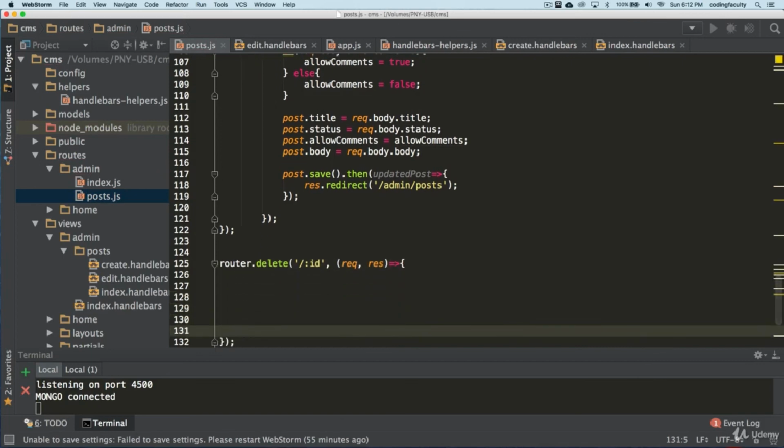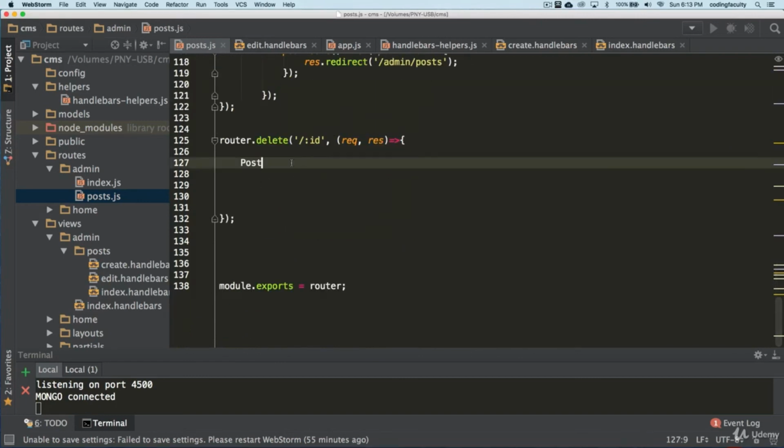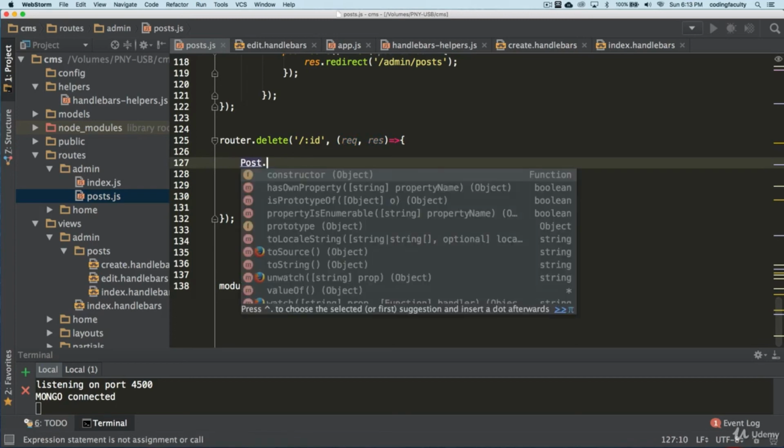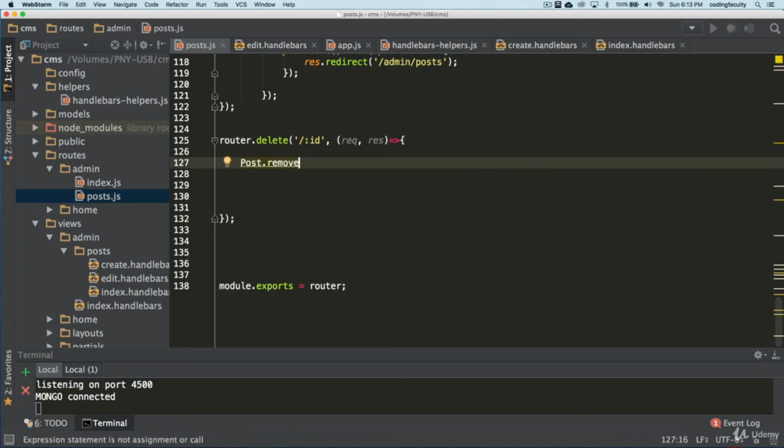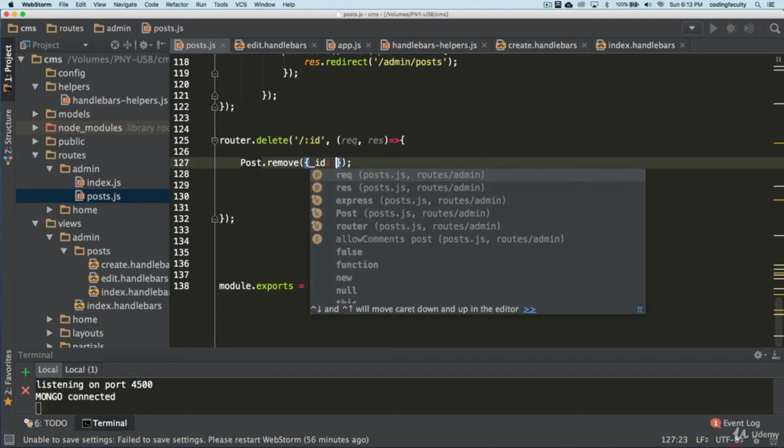Now I want you to think a little bit about how we're going to accomplish this. We are going to use this guy right here. You got it, we're going to use Post. We always use this because that's our model, and our model has methods, right? But we are going to change it up a little bit. We're going to use the remove function.